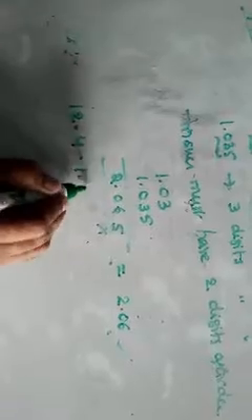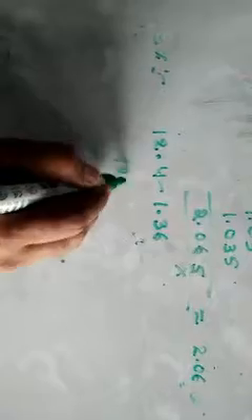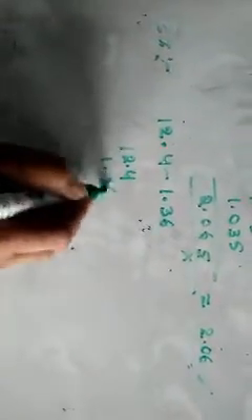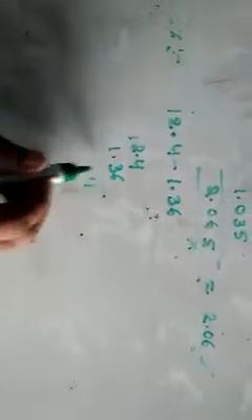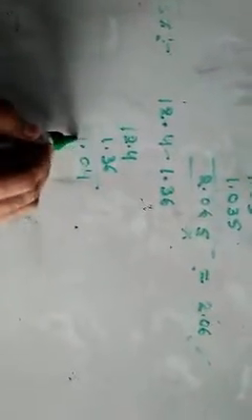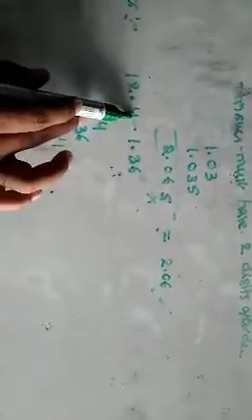So quickly I will write one more example. Suppose 12.4 minus 1.36 like this. So here after decimal 1 digit is there. After decimal 2 digits are there. Just subtract normally. 12.4 minus 1.36. Here 0, so this is 4, 0. This is 2 minus 1, 1. Nearly. After decimal you need only 1 digit here.